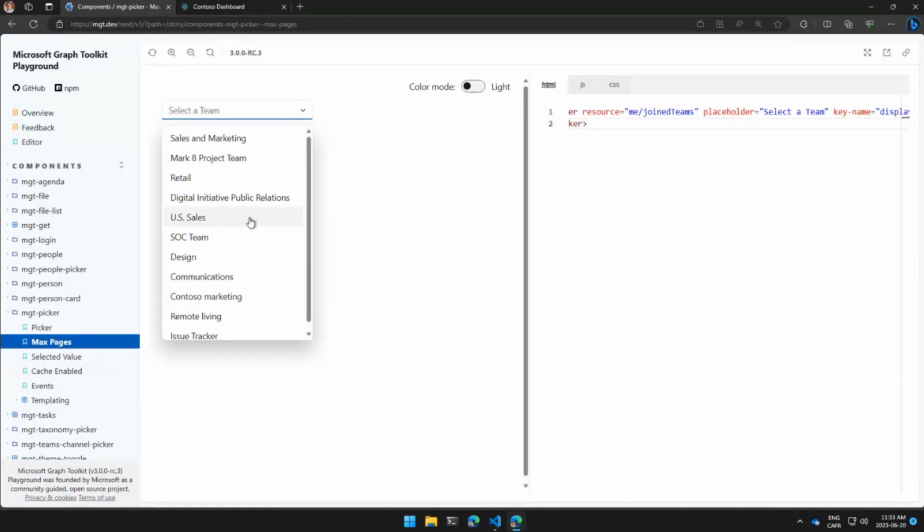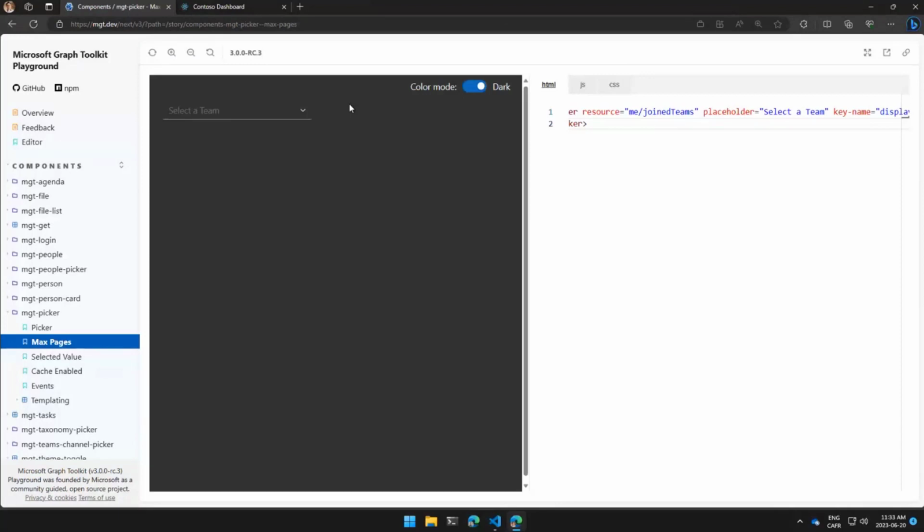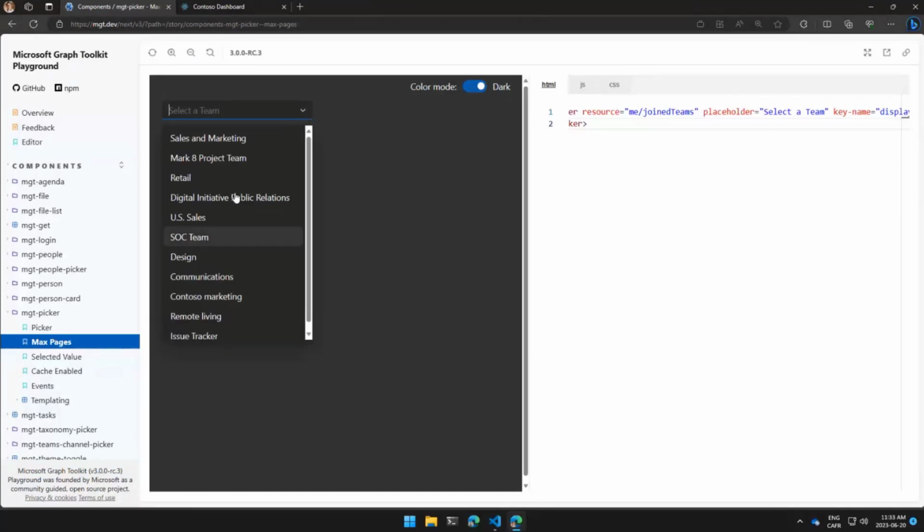This is all baked in, and we support caching, we support throttling management. All of that is baked into it. And just to prove it, also something really cool is that dark mode is also supported. Now you see all of that color mode that is injected in all of our stories by default.